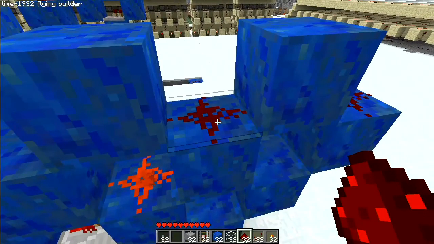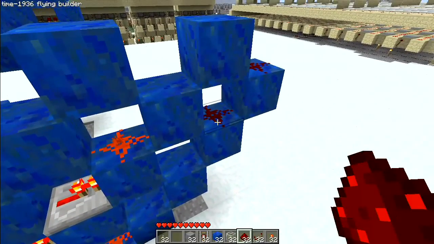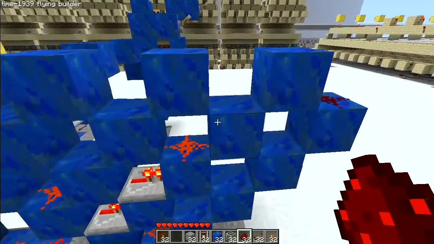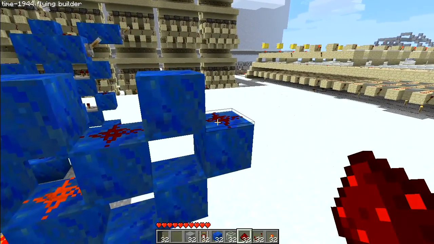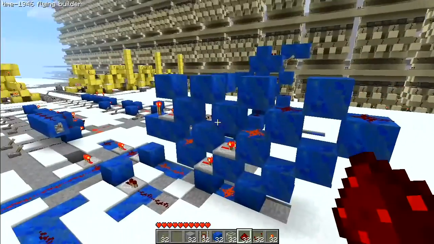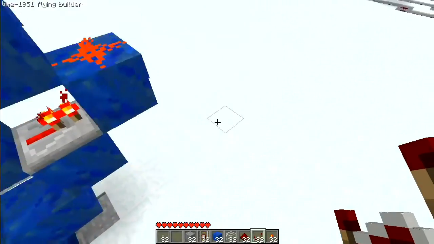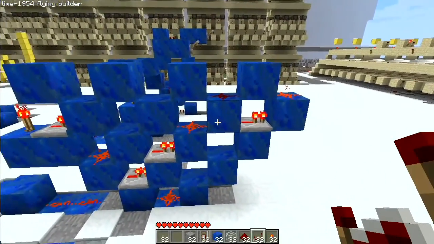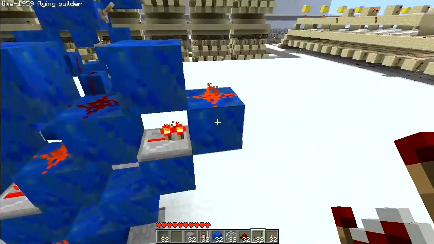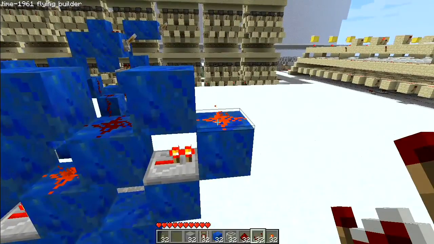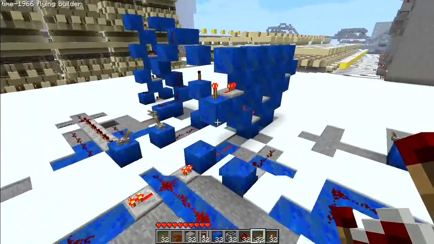As you can see, this is not receiving power. Well, that's receiving power from that repeater, nor is this. So I'm trying to get signal over here without messing up this matrix. So what I'm going to do is finally put another repeater here, which receives power from this block, because this block is being powered and the repeater receives power from it, which powers this block, which powers the wire. So there you have all sorts of signal transmissions,